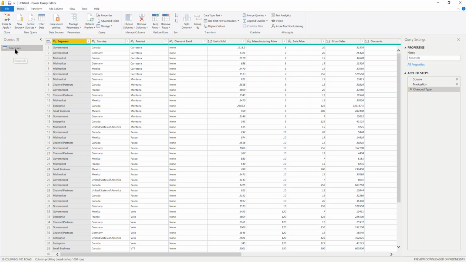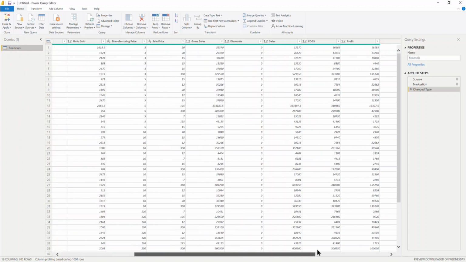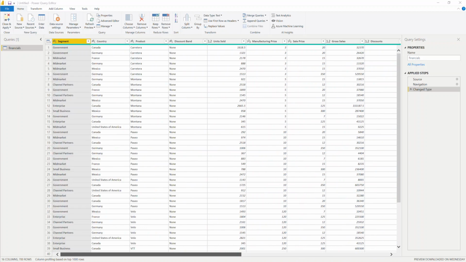So this is one query here. Every time you load some file or connect to a data source, it will be a separate query. We can create duplicates as well and do some other things in this regard. So this is the query menu section. The center part covers all the data that has been loaded with all the columns, and the right side gives query